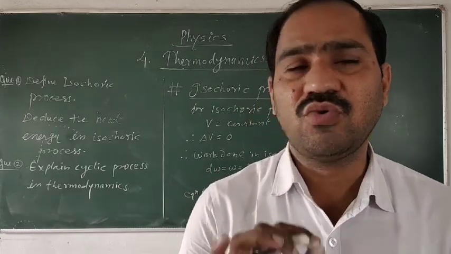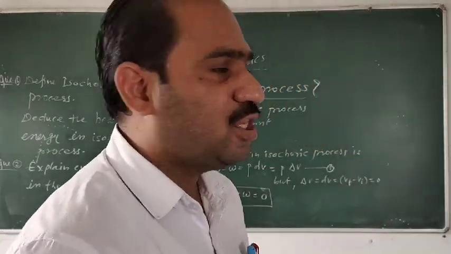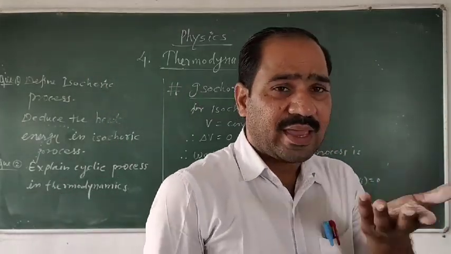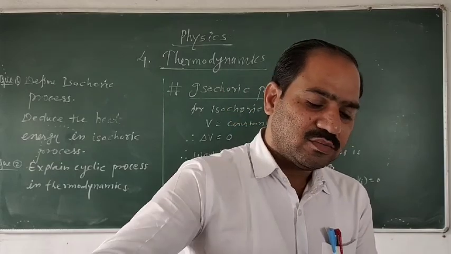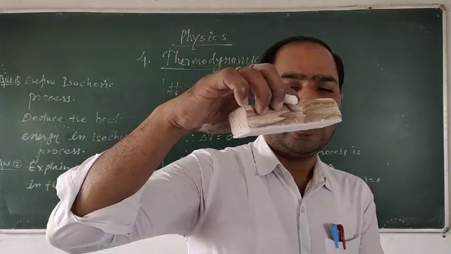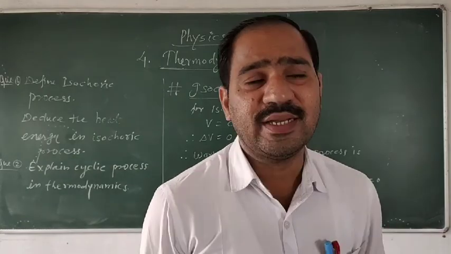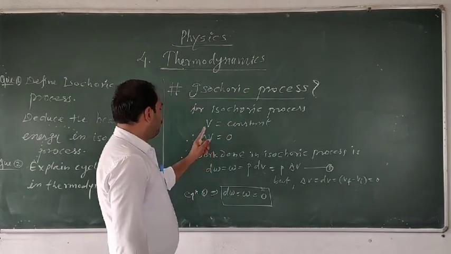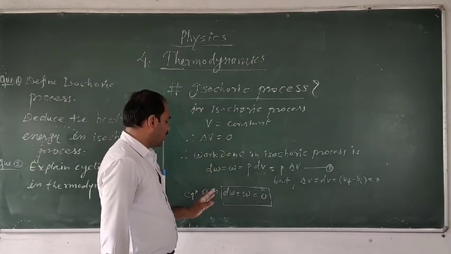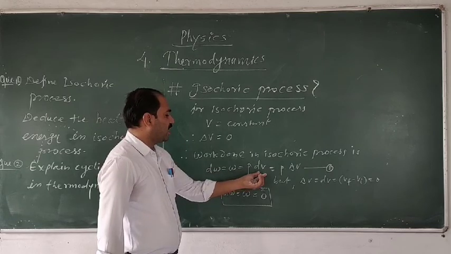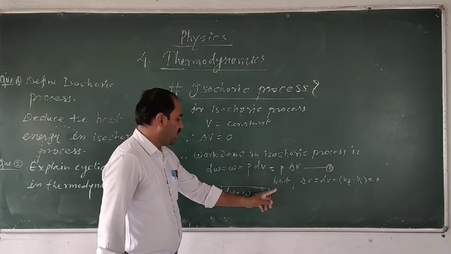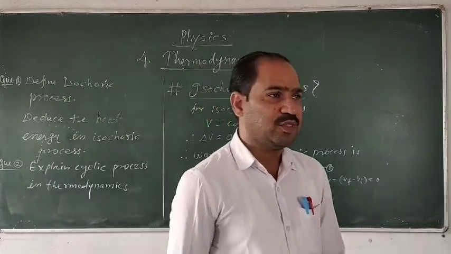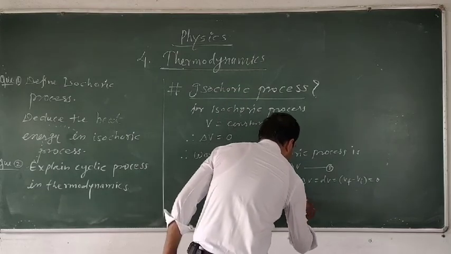Work done in the isochoric process is equal to 0, as there is no work by the system or on the system by the gas. Here there is no increase in the volume of the gas, there is no decrease in the volume of the gas, even though there is a change in the pressure or the temperature. Therefore, as V is equal to constant, delta V is equal to 0. Therefore, as work done is given by P into delta V, and delta V is equal to 0, the work done dW or W is equal to 0 in the isochoric process. So this is your equation number 2.